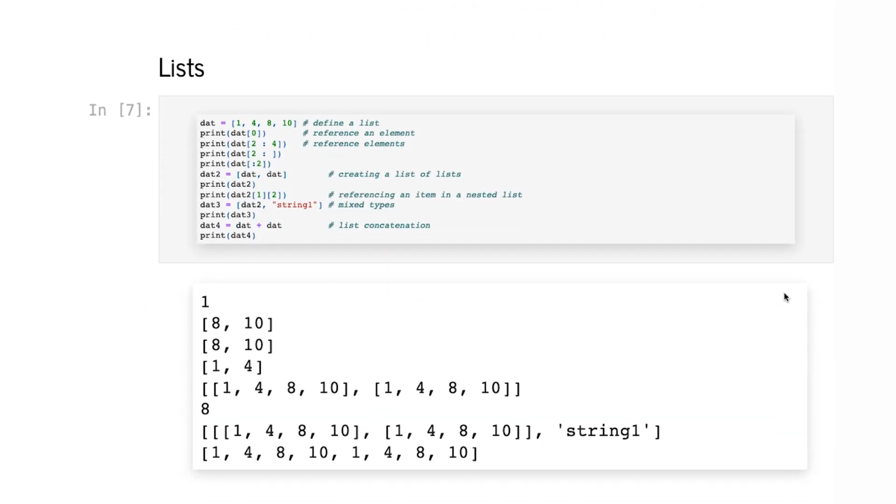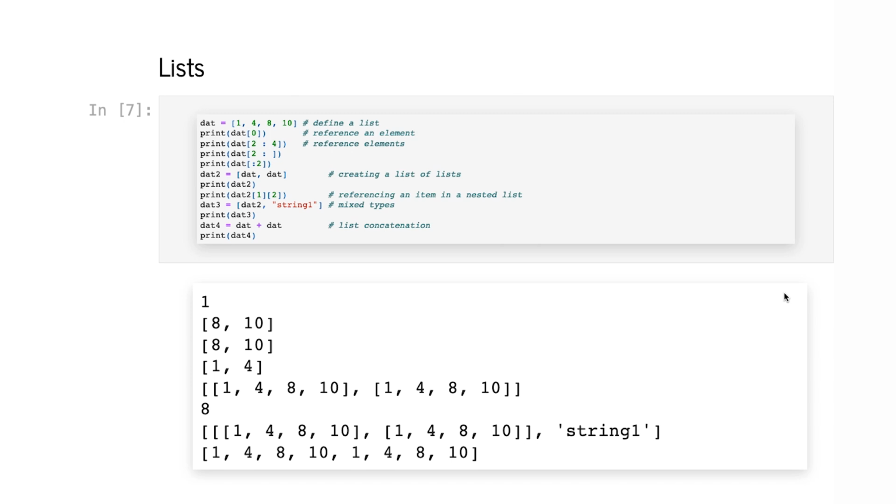So let's talk about lists, which are our basic data type in Python. Here I create a list, dat, 1, 4, 8, 10, which is just a basic list structure, but it doesn't necessarily have to be all numbers. It could be some numbers and some strings, or some numbers and other lists, or some numbers and some tuples, or whatever. If I type dat[0], that grabs the 0th element of the list. If I type dat[2:4], that's going to give me the